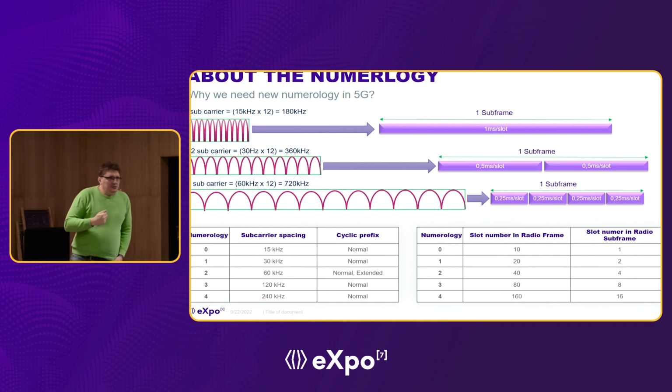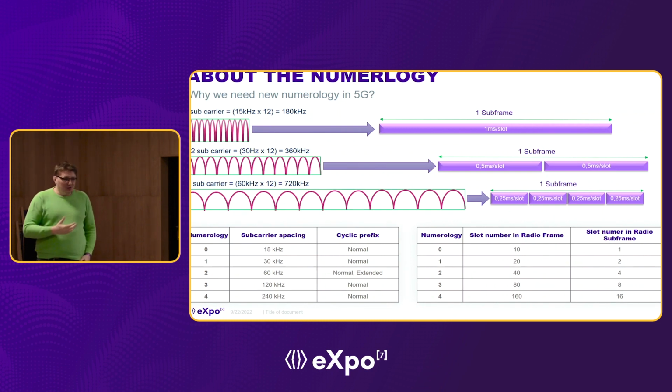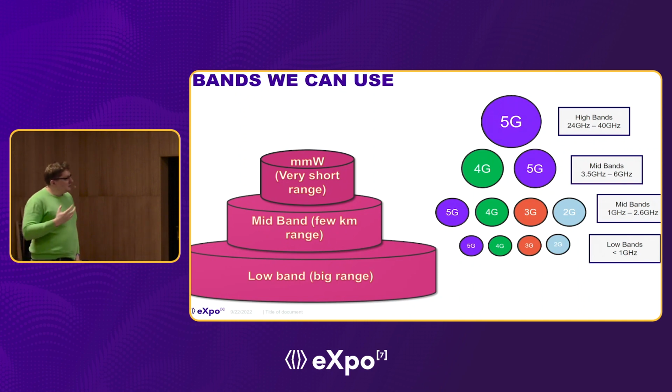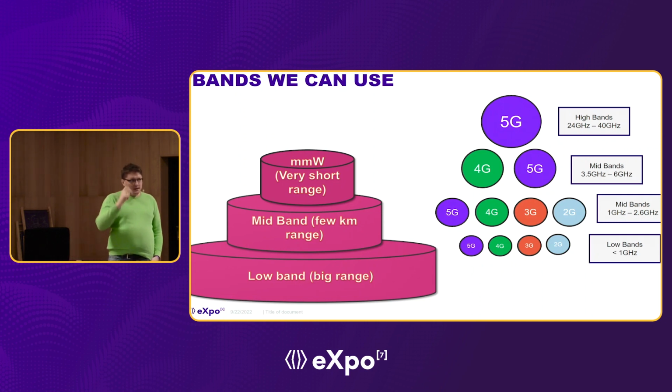And for sure, you will raise the question why we do that, and why we change something that has worked for 4G. And this is because 5G is going up in frequencies. And to paraphrase Uncle Ben from Spider-Man, with great frequency comes great Doppler effect. And the Doppler effect is something that you may be familiar with. It is the physical interaction that damages the wave. The basis is that the higher the frequency, the more intense the Doppler effect is. And the Doppler effect is also more intense the longer the wave is propagated, because it has more time to damage the wave. So the trick is, by increasing the spacing of subcarriers, as we said on the previous slide,